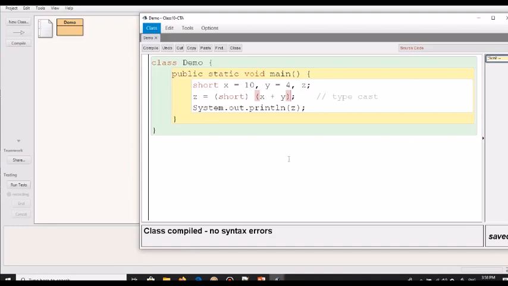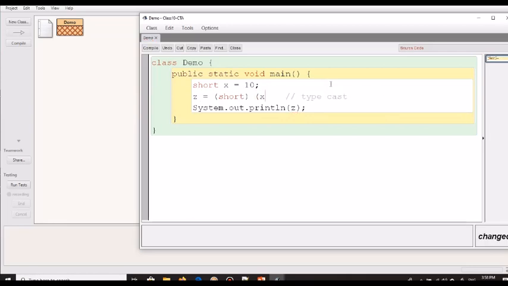And by the way, if I had actually used a unary operator here, for example, I'm using only x over here, and then I write x plus plus, which is a unary operator. I don't need a typecast here, and then I try to display x. Is there any problem? Is it showing any error here?